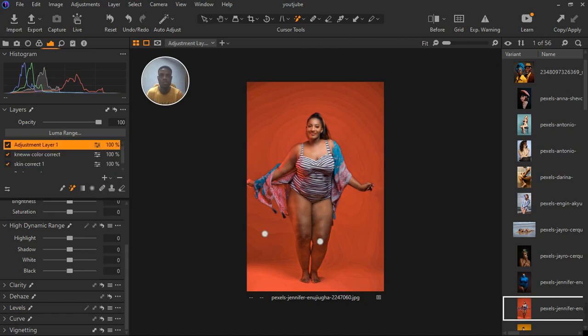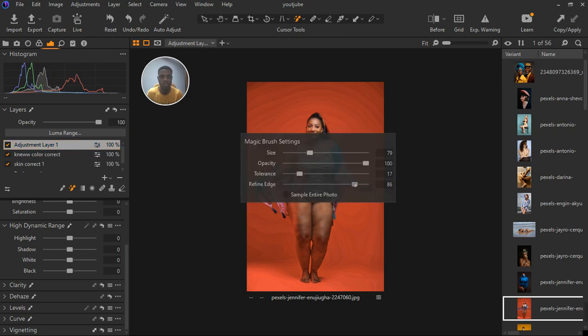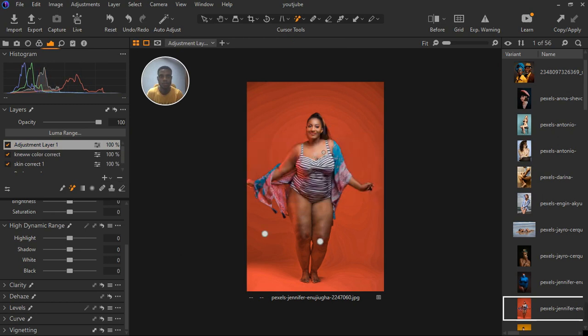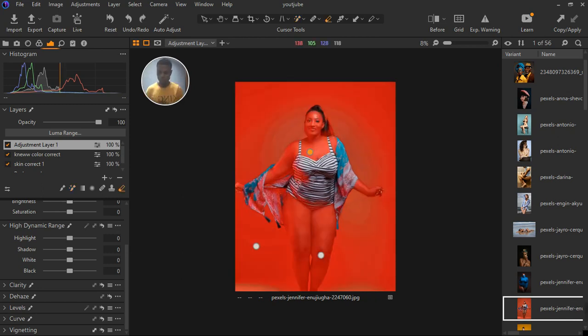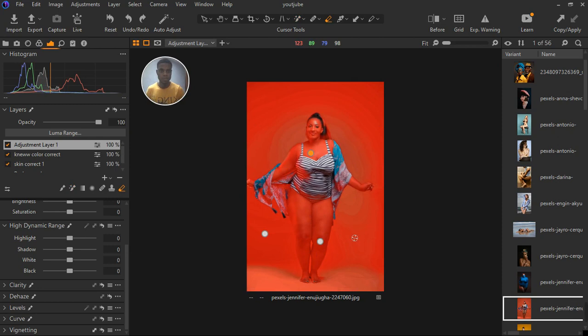and this time we're going to select the whole skin. So let's select the whole skin by, let's increase the tolerance and the refine edge, and then we're going to select the whole skin. So I'll start from this place and select a mouth, and then every other places. Alright, so you can see that it actually selected almost every part of the background colors looking like that area